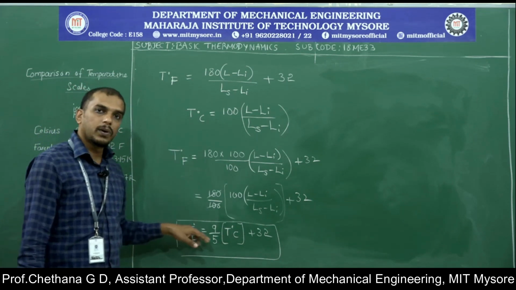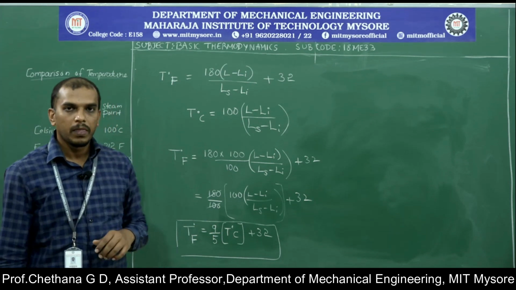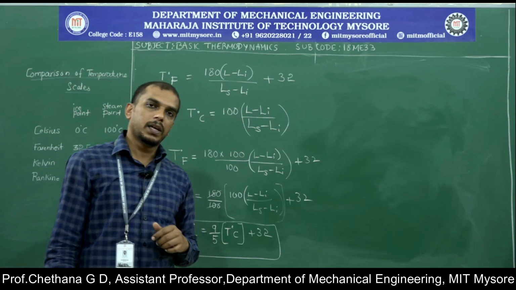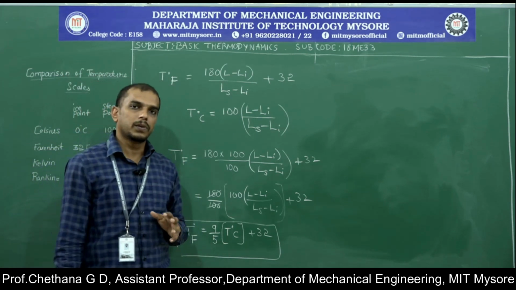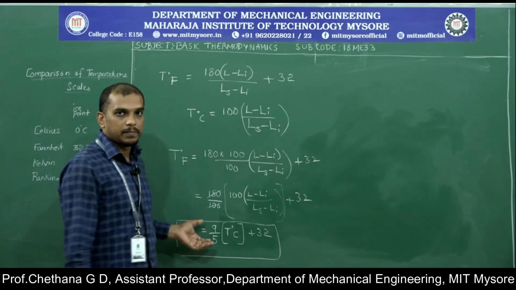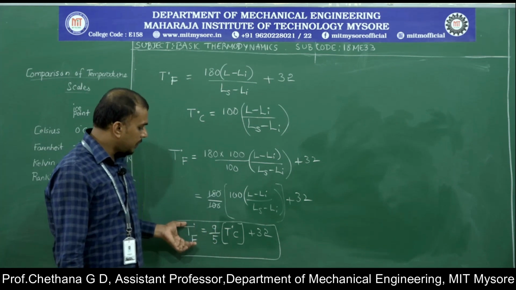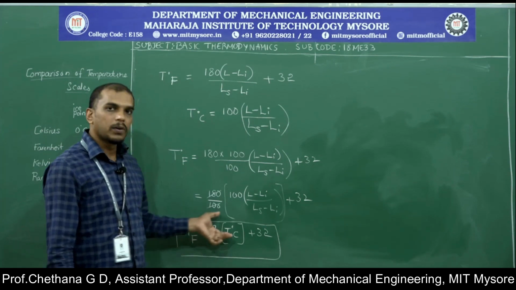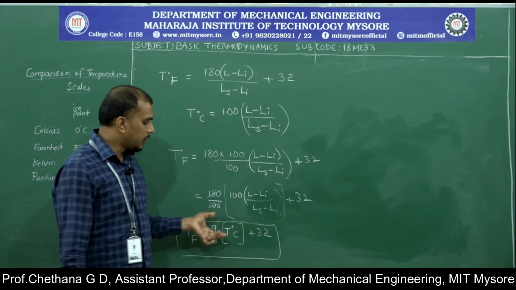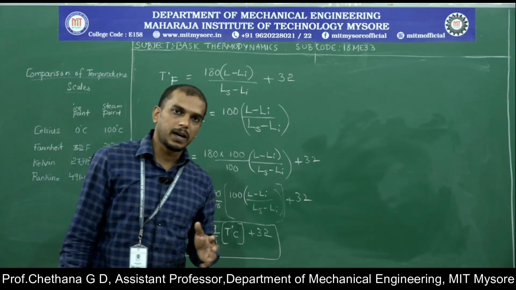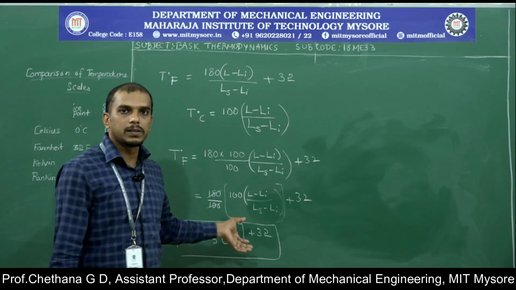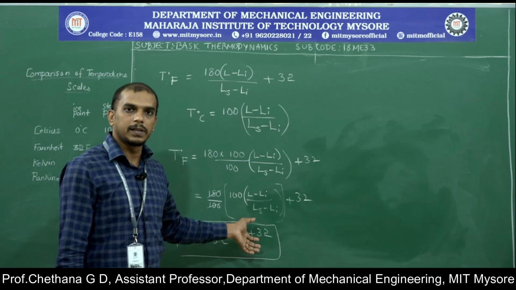Now if you know any of the temperature, for example, we generally use Fahrenheit scale in a few instances, whenever you have a fever, if you go to a doctor, he may tell you that the temperature is 100. So that is a Fahrenheit scale. If you substitute 100 here, then you will get what is that 100 in terms of Celsius scale. So you get around 37.7 or 37.8 degree Celsius. So that is how you can convert Celsius to Fahrenheit or Fahrenheit to Celsius.